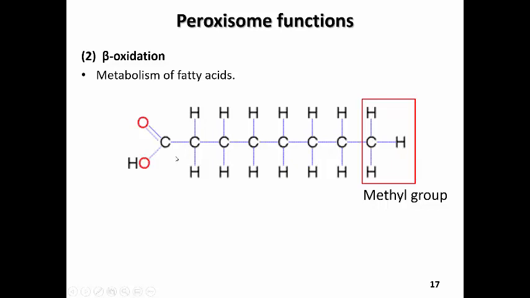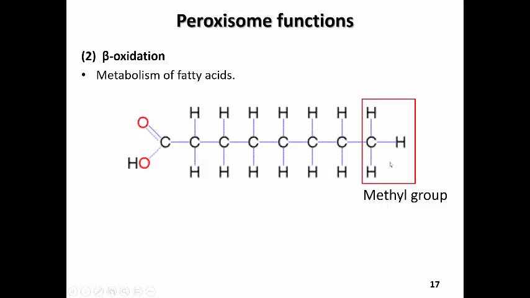So this is a fatty acid that we would call a 1, 2, 3, 4, 5, 6, 7, 8. This is an 8-carbon short chain fatty acid and is fully saturated as all the carbon atoms are occupied with